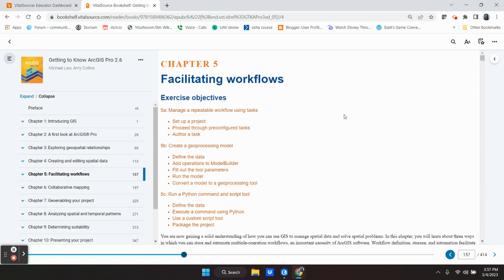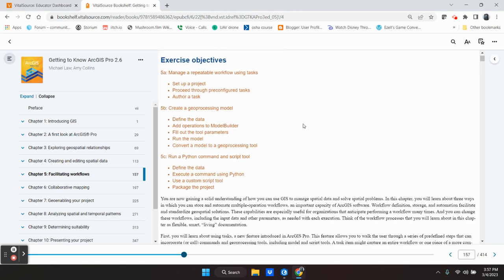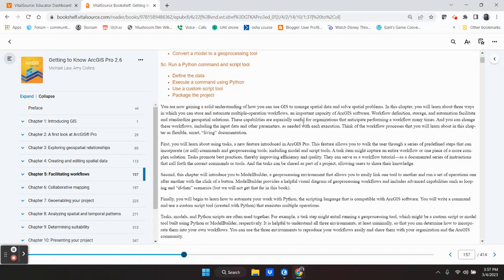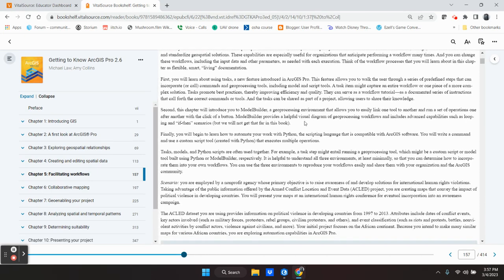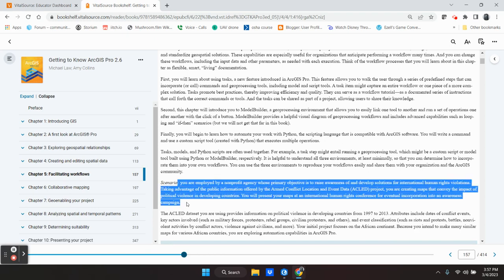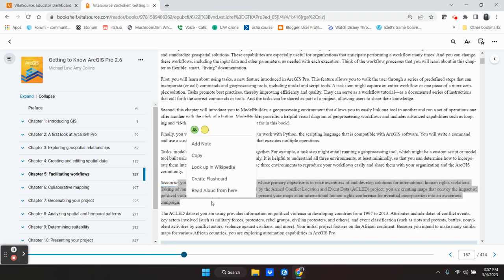For this particular chapter, we're going to be looking at the concept of workflows and ways to make your workflow, or what you're doing to the data, your set of tasks or steps, easier. And again, if you read over the first part of the chapter, it will go into some of the specific tools and features that we're going to use, and it gives you the scenario for this particular set of